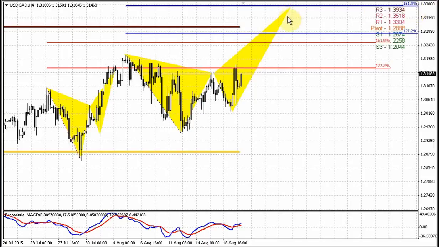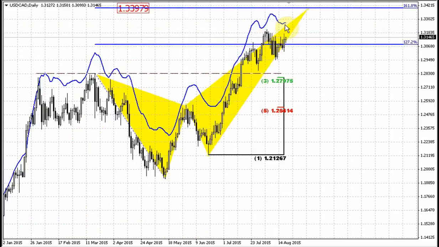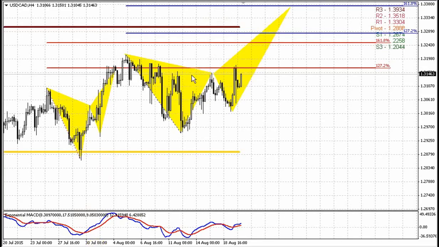Okay, around 133 area we have the resistance. First of all, in the daily chart, will be the daily overbought. On the 4-hour time frame chart, this will be 127 extension of this most recent butterfly, and take a look, 1618 of the first butterfly. Also, this will be monthly pivot resistance one, so market could show some pause in upward direction around 133 before it will continue to the 134. Trend has shifted bullish on the 4-hour time frame chart, so we think that market could continue to move to the upside.